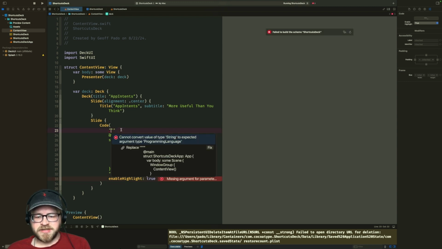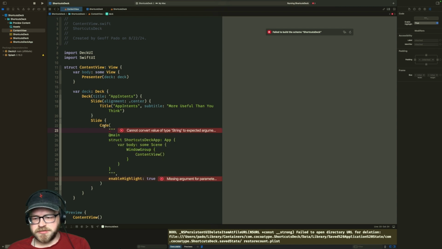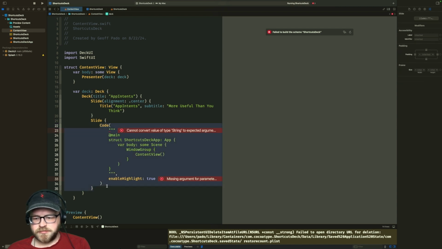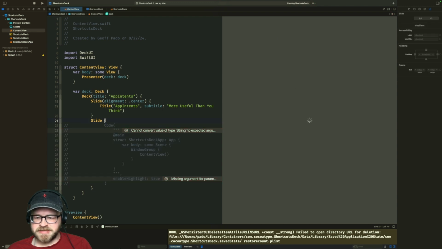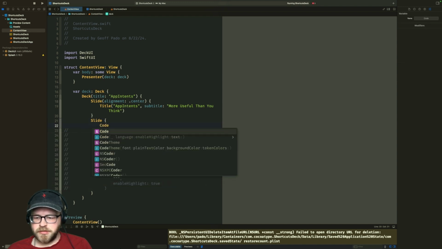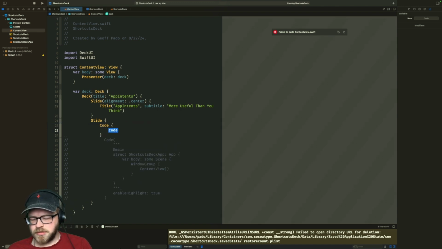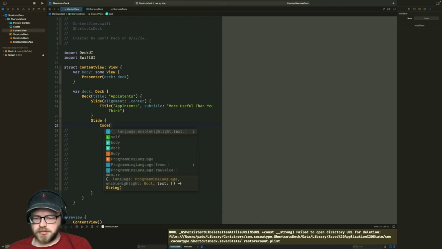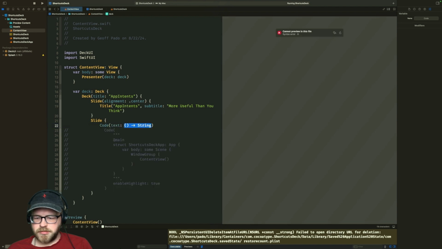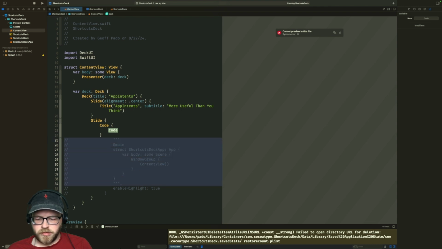Cannot convert value of type string to expected argument type programming language. I mean, that's promising. Code needs to start with language and then has text. Oh, okay. Here, we're just gonna start here. You all come back.